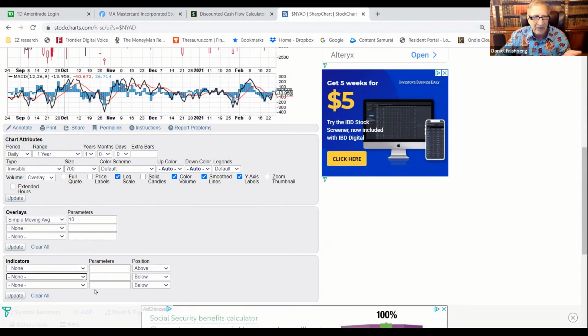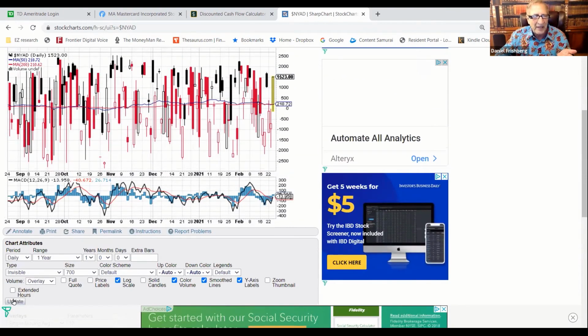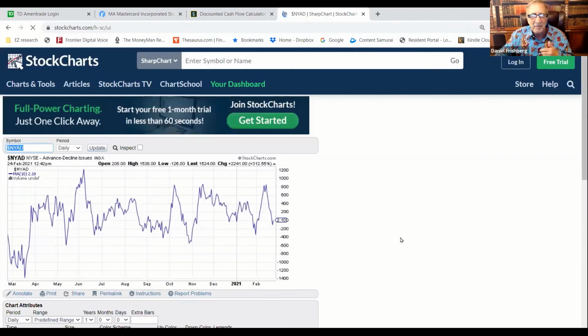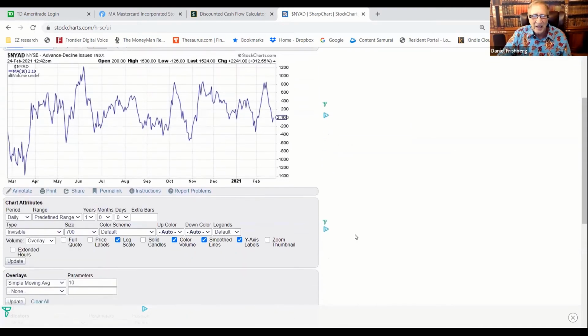Many of these things are things that you might want to study up on and use for different things. But for now, we're just doing this. And now I'm going to update it, and it's going to create that same oscillator, but this time it's for the New York Stock Exchange. You can see that it hasn't gotten as extreme as it did on February 1st, but it is definitely not at the top, and it's definitely near a good entry point, and maybe the ideal entry point. I just can't tell right now. But that's how you do it.